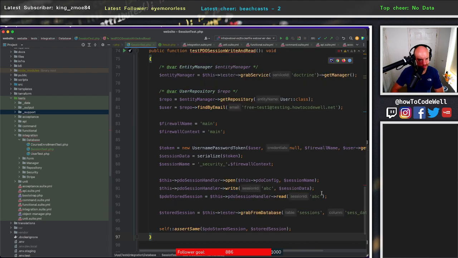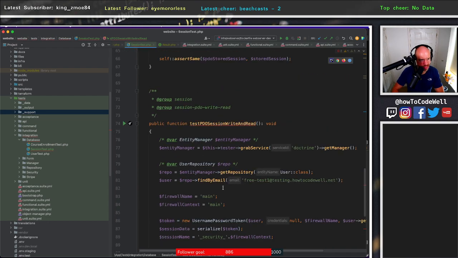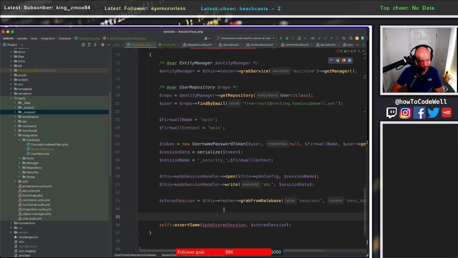Instead of getting this, we're writing it to the database. We're opening the database, writing it to the database, and grabbing the stored session. This is testing serialization: that when we serialize the token, the session data is the same. Yeah. So we want to do a stored